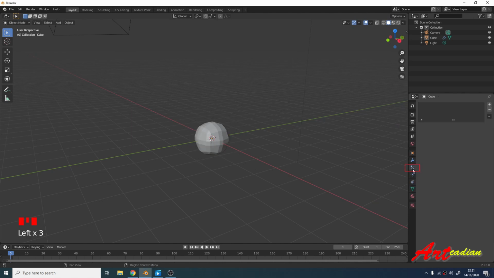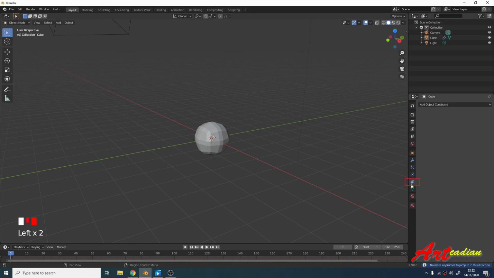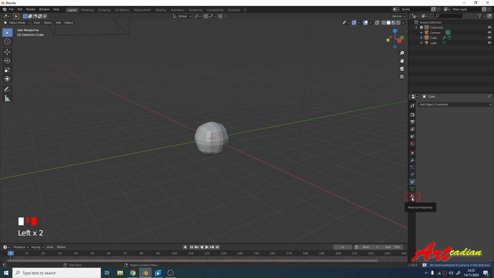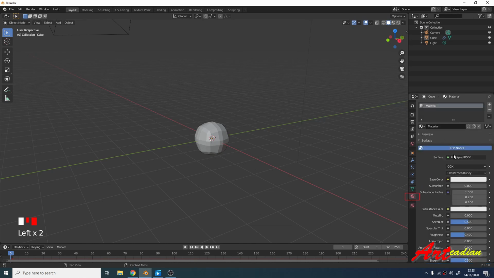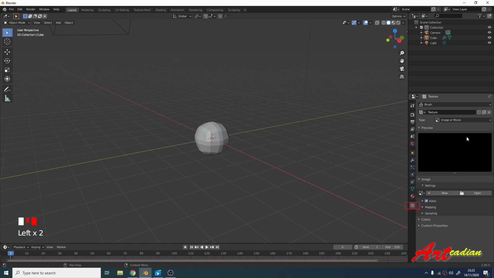Next icon is the Particles tab. You can create particles in this tab. The next icon that looks like two objects combined is a constraint and will be described at a later date. Material tab icon. This is represented by a material ball icon. And this is where you control the coloring. The last icon is actually in a different section, as you can see. There was a small gap there. This is the Texture tab, represented by a checkered canvas icon.